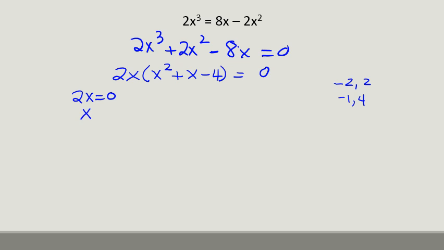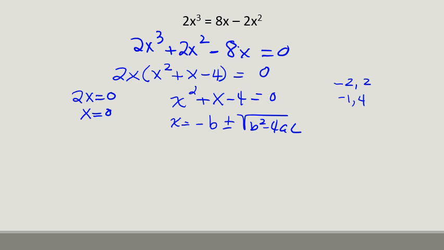So in this case, x will be 0. Here, I can solve any way that I want. You can use completing the square. You can use the quadratic formula. If I use the quadratic formula, remember it's x equals negative b plus or minus the square root of b squared minus 4ac all over 2a. Now I like completing the square, but that's going to give me a fraction, so I'm not going to use that. So when I substitute my a, b, and c in, remember this is 1 and this is 1,